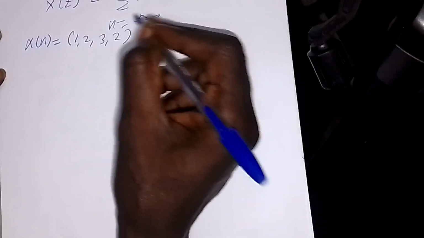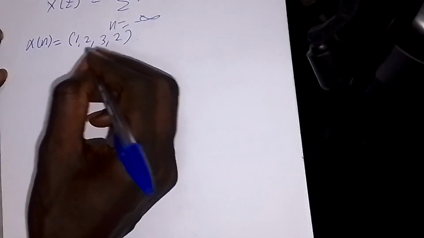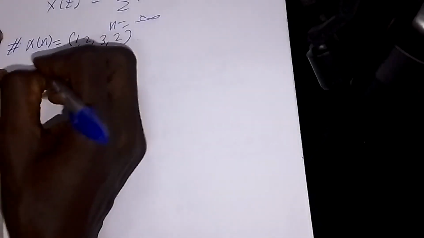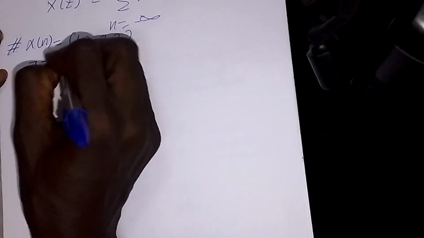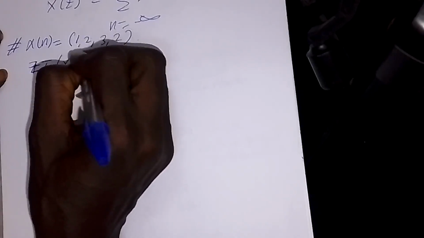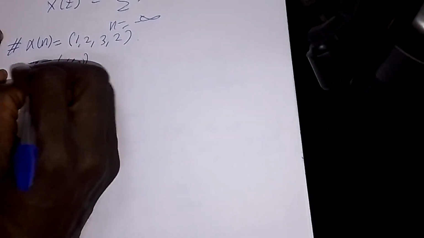To do so, let's put down the general formula: the Z transform of x of n, which is the same thing as